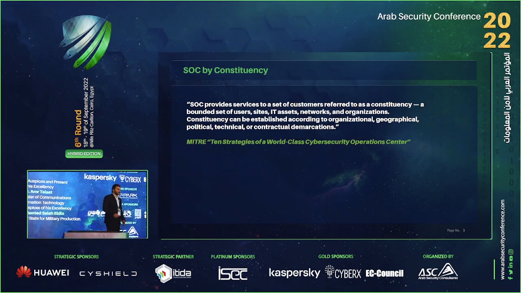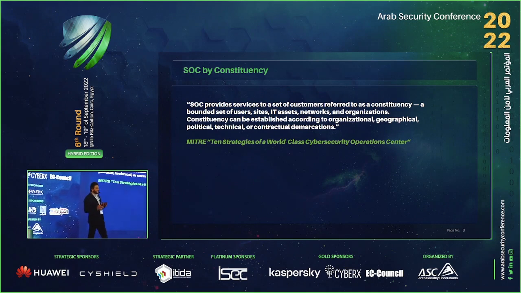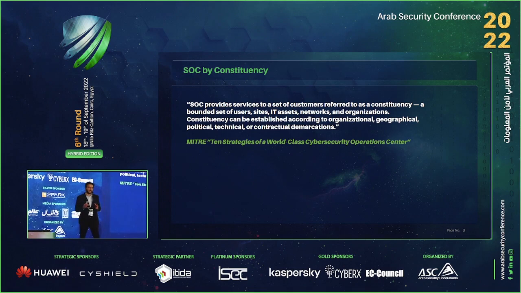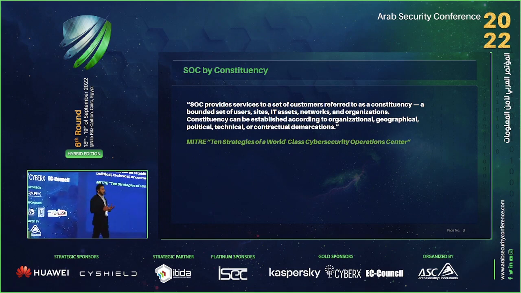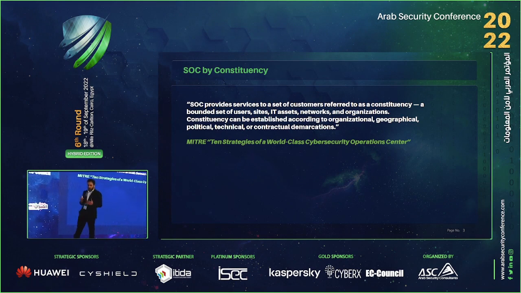As per MITRE, SOC provides services to a set of customers referred to as constituency, where constituency can be a set of users, can be networks, IT sites, organizations, and so on. Constituency can be established by political,